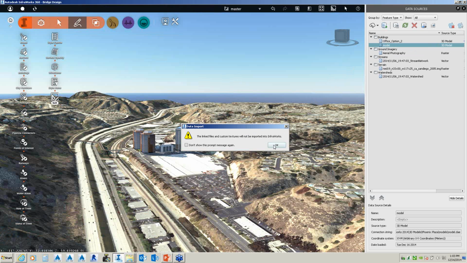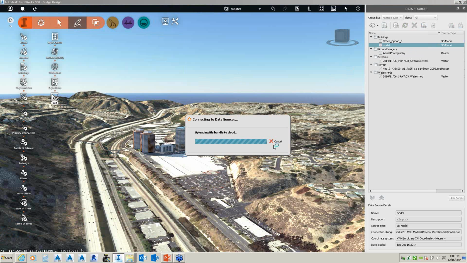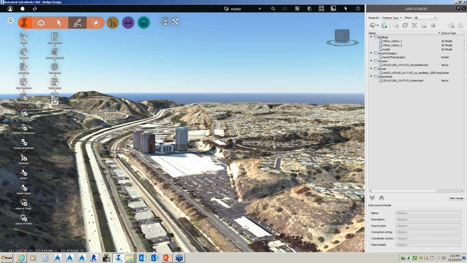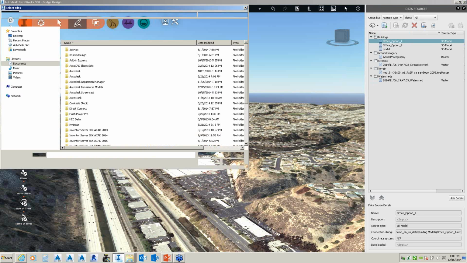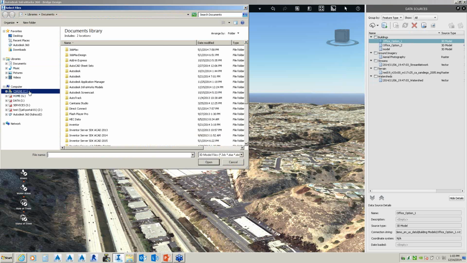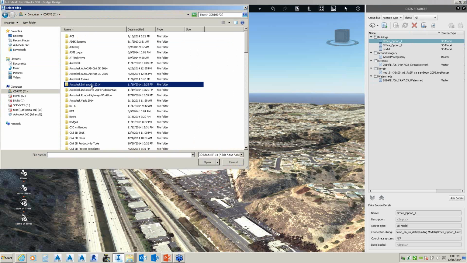Link files, custom texture. Okay, so that's okay. So let's try this one more time.